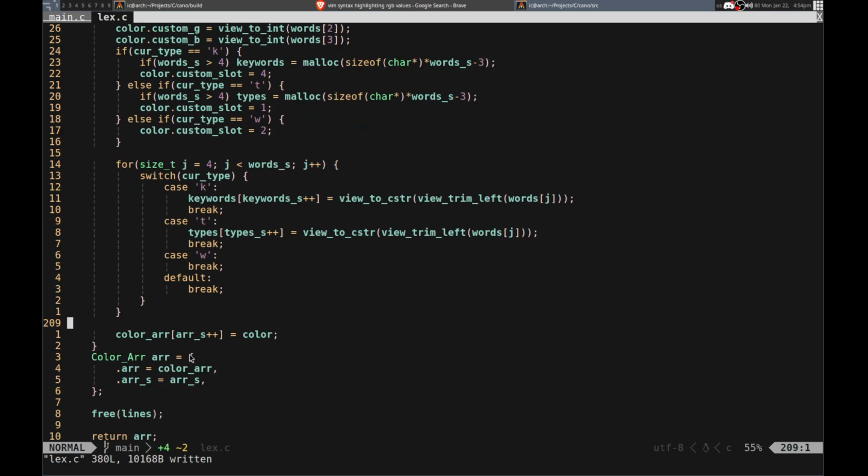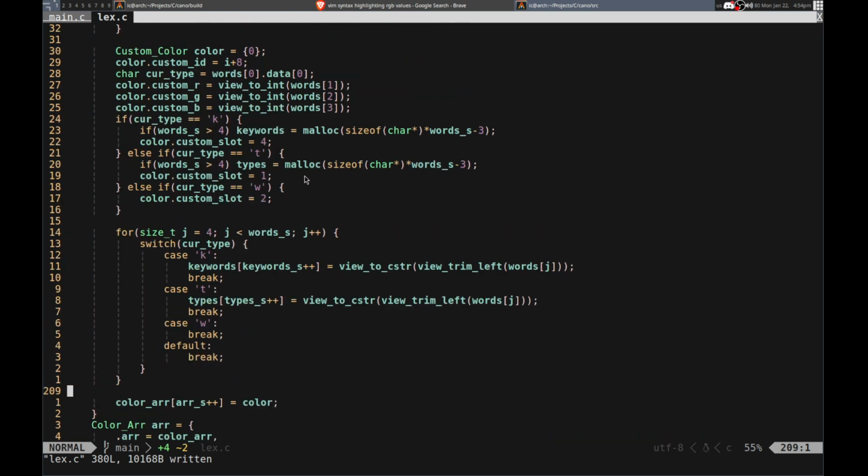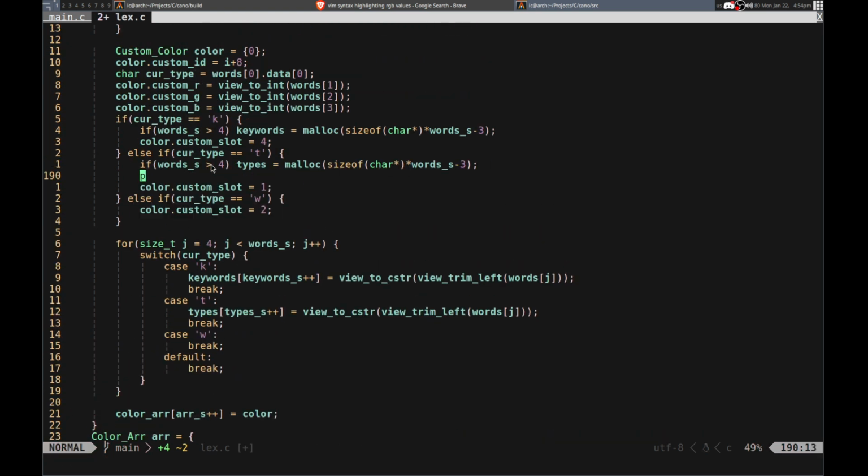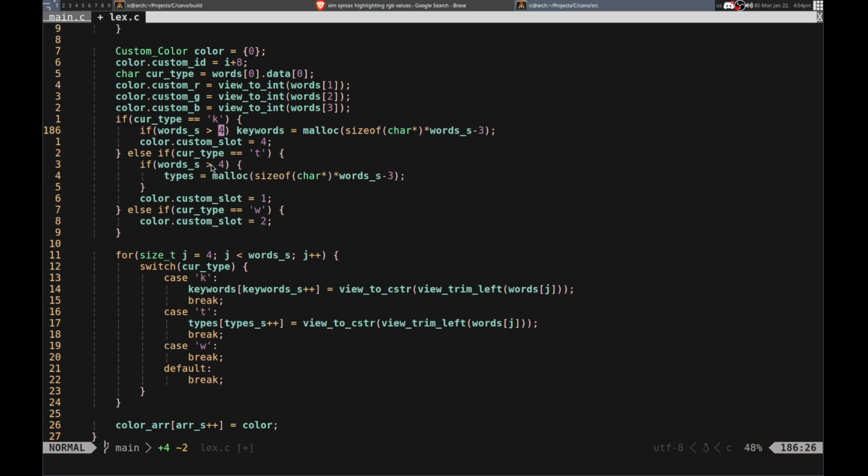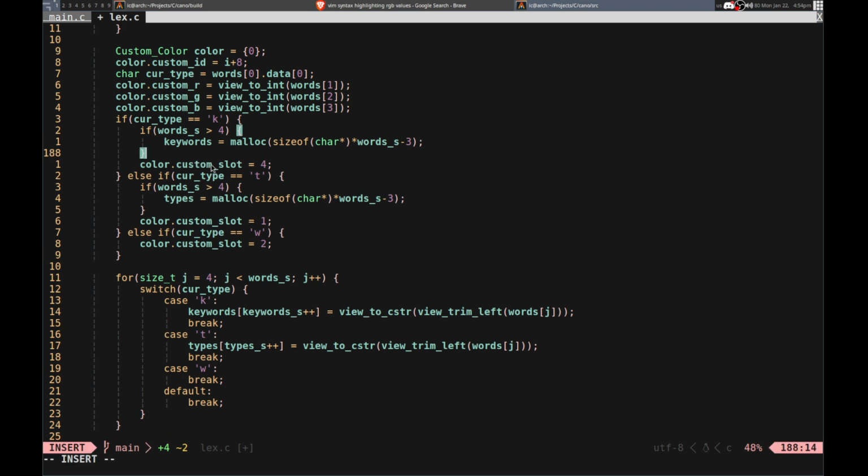Yeah, I want to set the keywords to be the default one. So actually I want to append to that. Let me actually do it like this. Otherwise,